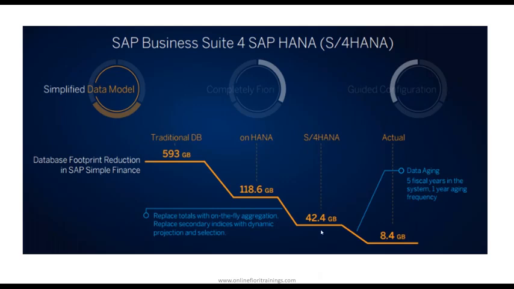Yeah. This is the power of S4HANA. This is one of the greatest simplifications which has been done. So here you see, just by taking on HANA DB, it has really improved a lot. But now with this completely new product, what SAP is selling to you as an ERP product, it is running the entire enterprise with this much memory. That is one great simplification.